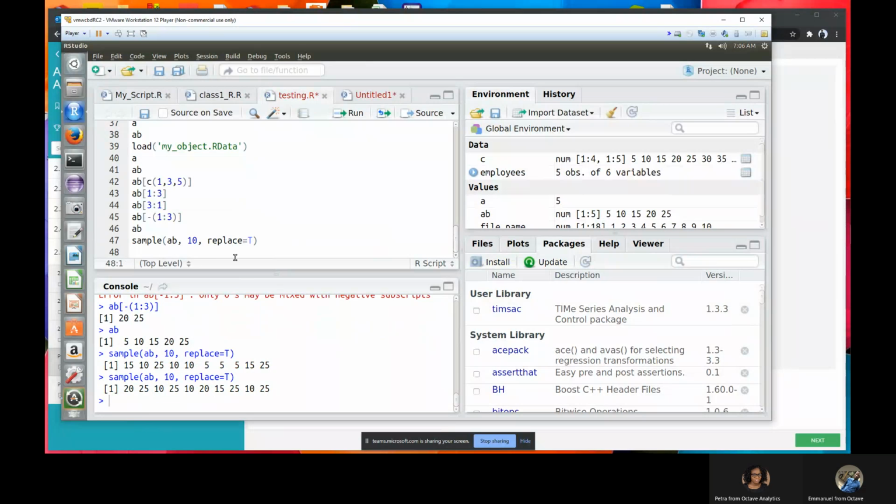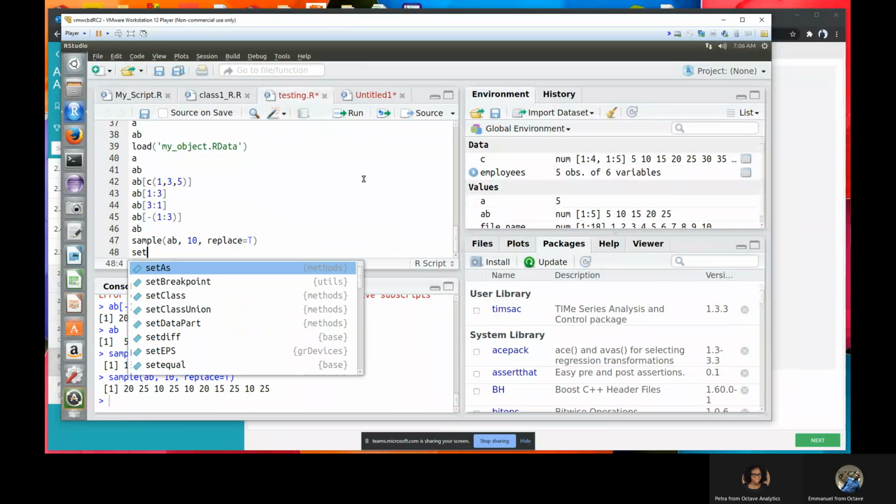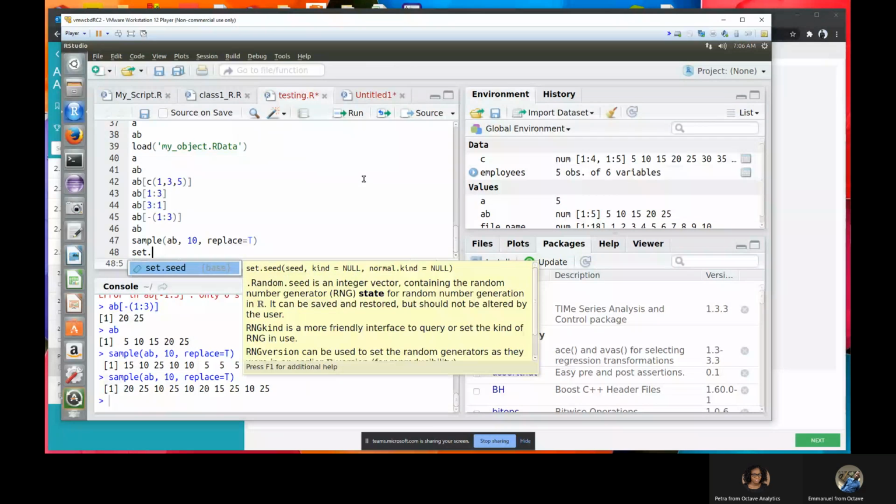So doing this is going to be to your disadvantage, because you don't want to pick different train and test sets multiple times. Maybe the first time you train your model, you got this sample. Then the second time you want to train it again, you get another sample entirely. You don't want that to happen. So in that scenario, you are going to set a seed. To achieve that result, I'm going to set the seed.